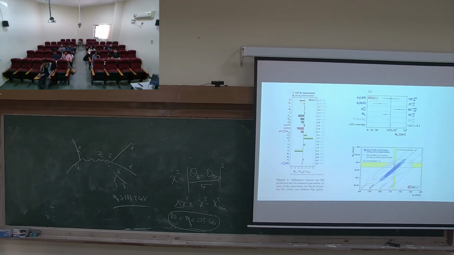Now one of the biggest quantities which is not very well measured is the MW mass. Recently LHC has updated its result, so the error bar on MW is very large. Okay, the MW error is about 45 MeV or something such. The entire goal of LHC is to reduce the error bar on MW to 12 MeV, and recently they have achieved it. There was some noise by CDF claiming that they have also achieved even higher precision of 9 MeV,